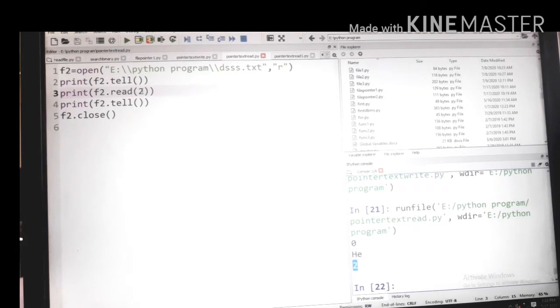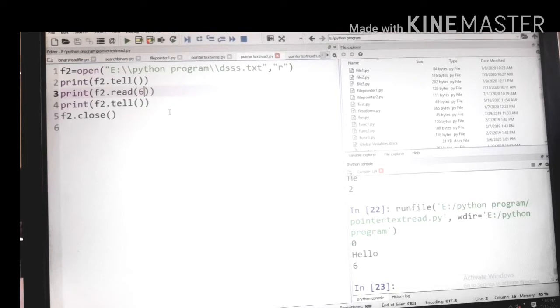Let us, if we write here 3 or 6, let us say 6 as the blank character. So the file pointer is at position number 6. Now again run the program, that is hello. Now it reads from starting 0, that is starting character 1, ELLO, so HELLO, that is including 5 characters and 1 blank character. Okay, so it reads 6 characters including the blank character, and the pointer is at blank character 6, so it prints hello. Got it?